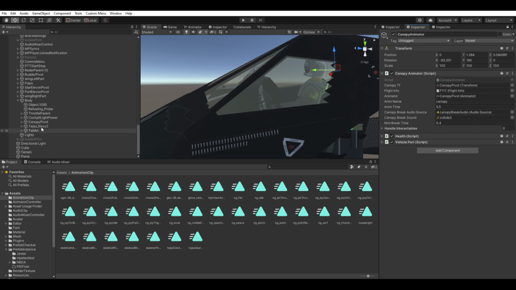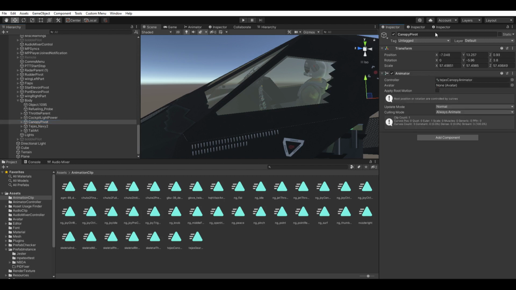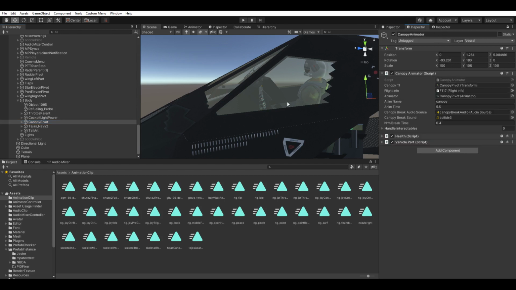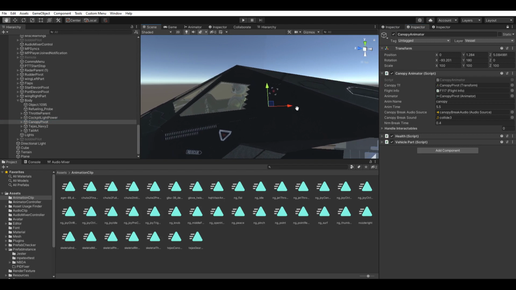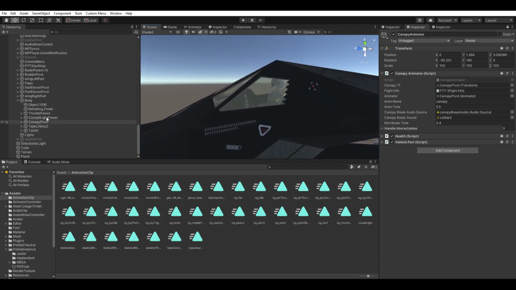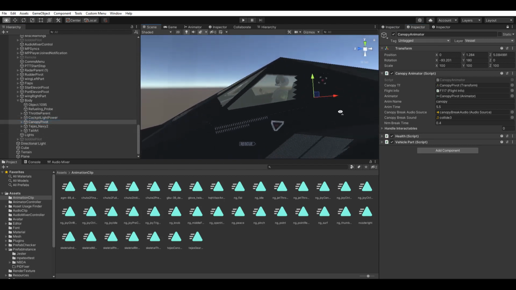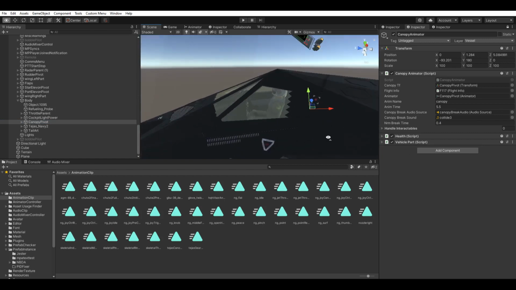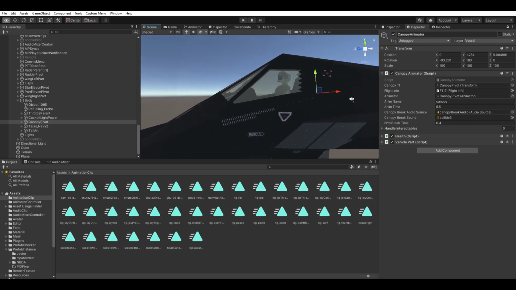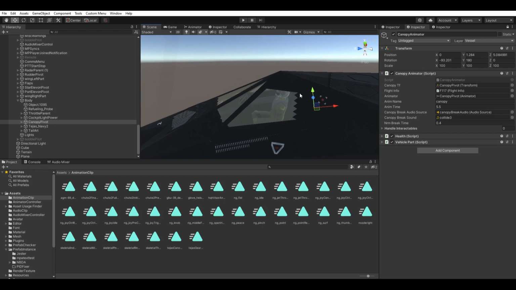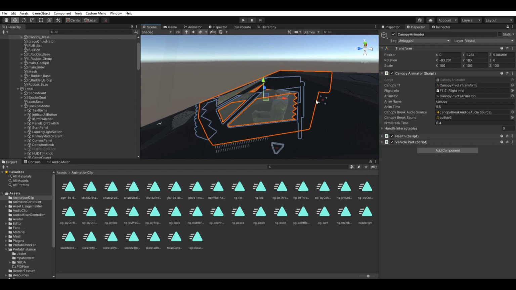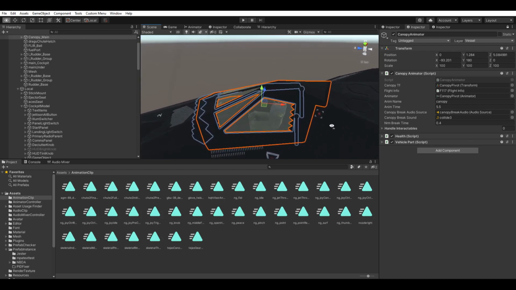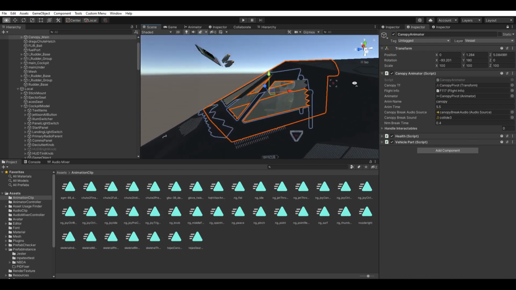I don't think anything else is locked, but that one's locked. So if we now move off and click on the canopy pivot over here, you can see that stays there, and if we move on to a different inspector, we can see the canopy animator. That's fine. So you can see that that's probably from the TJS's canopy animator for that pivot. So what we first need to do is find where the pivot is for this canopy here, or for your canopy. And you can see we have the canopy already set up,